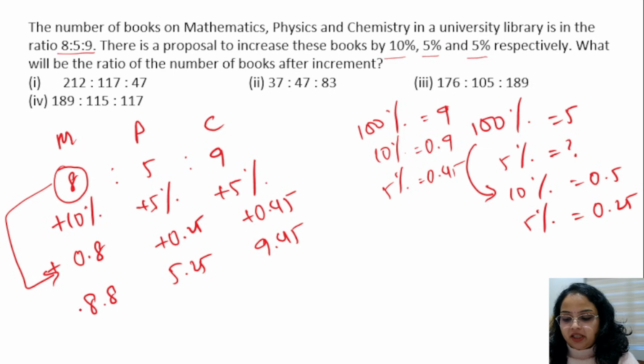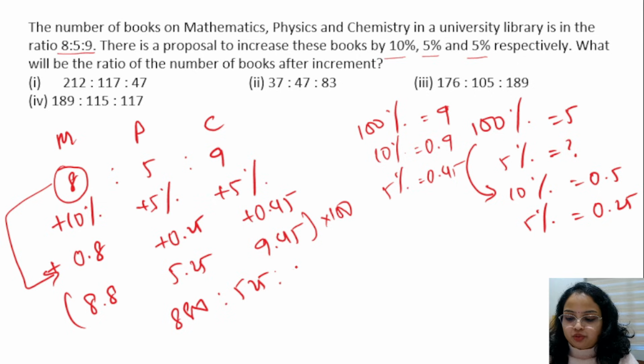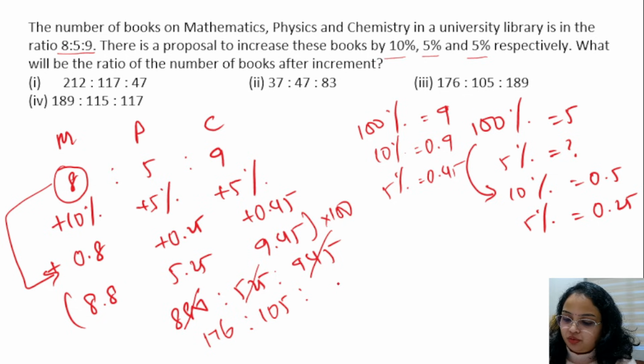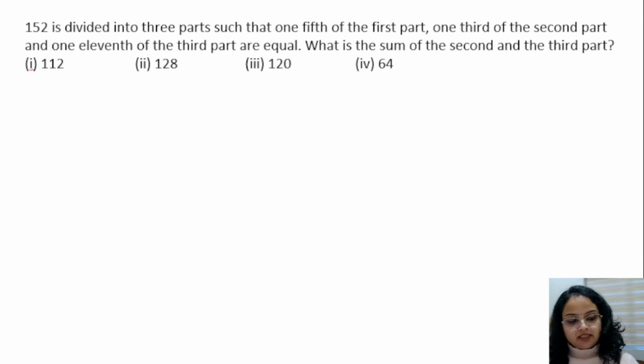So you multiply all these numbers by 100. You'll get 880 is to 525 is to 945. If you simplify, you'll get 5 into 176, 5 into 105 is to 5 into 189. Okay, this is the third option. Next one,